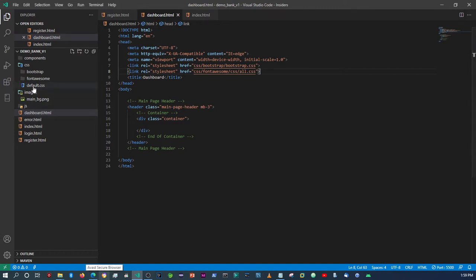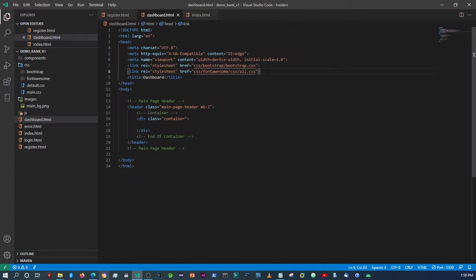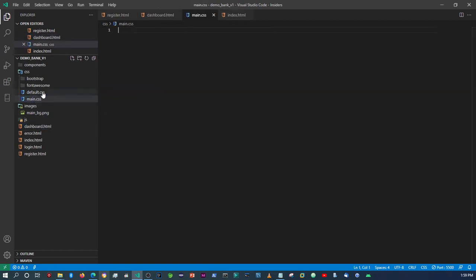Oh yeah, now we're gonna create a different CSS file for the dashboard. So for that one, within here, I'll say main.css. All right, so remember the background is going to be the same as along the registration, login form and so forth. So it's CSS and then main.css. Right, so within here,